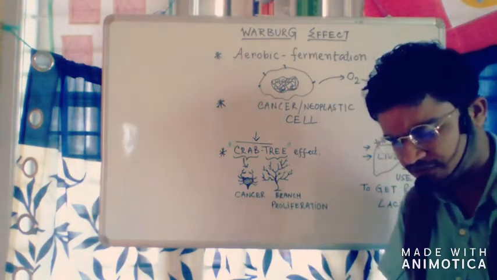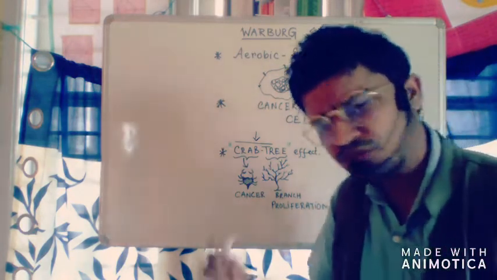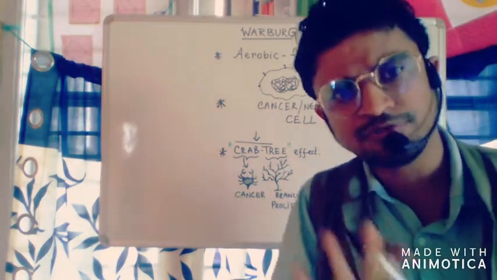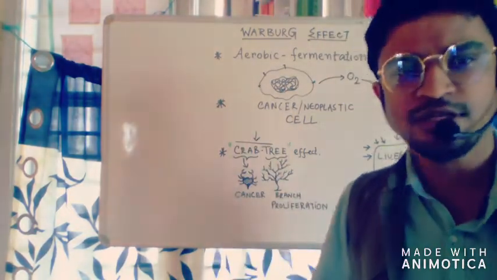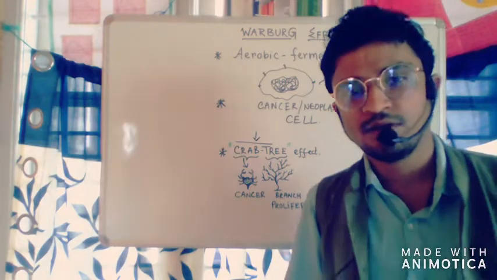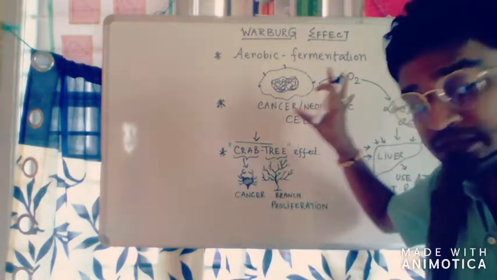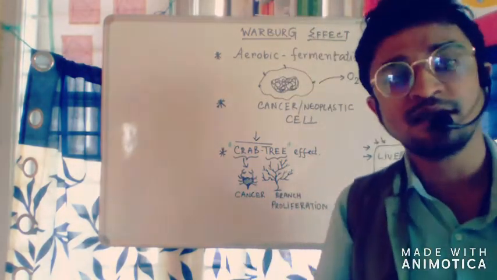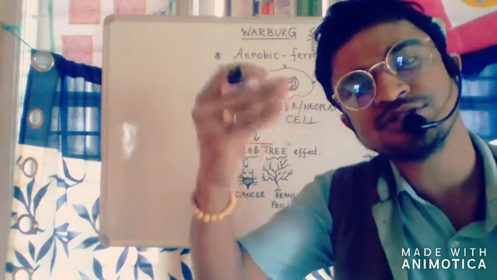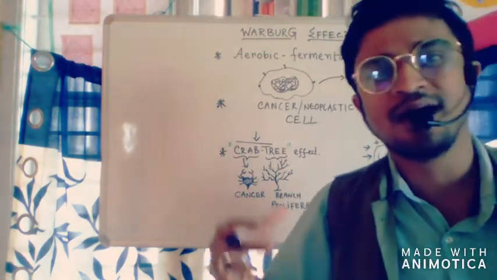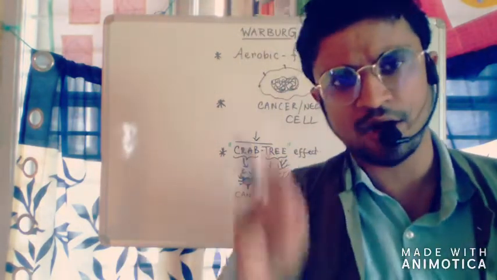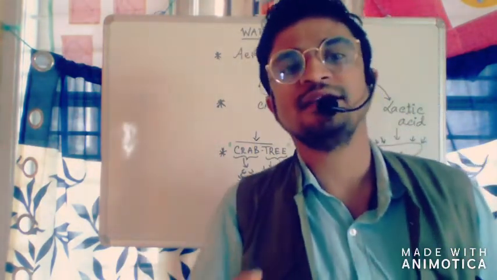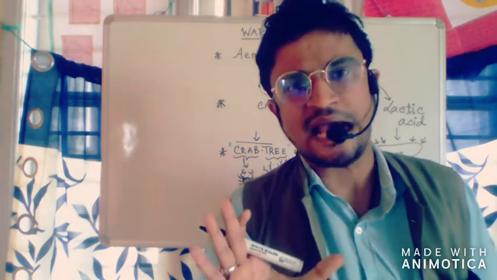So let's come to the first point. In both cases you can see there is a promotion of glycolysis, that is the basic fundamental concept, and demotion of the carboxylic acid cycle. Now the question is, why in both cases, in the cancer cell or the neoplastic cell, in oncology, is glycolysis promoted or found at a higher rate, and the rate of the OXPHOS pathway that occurs in the mitochondria reduced? One sentence answer is that there is a mitochondrial insult.